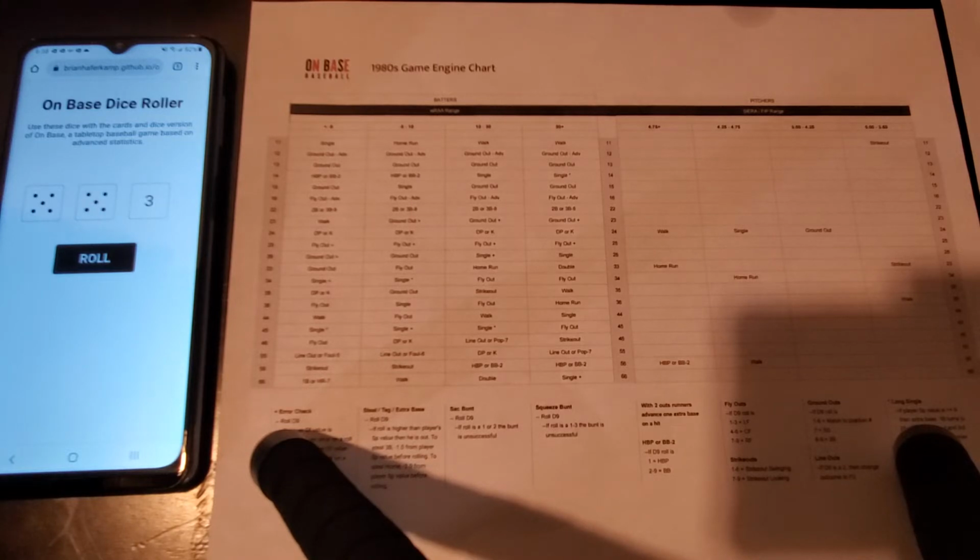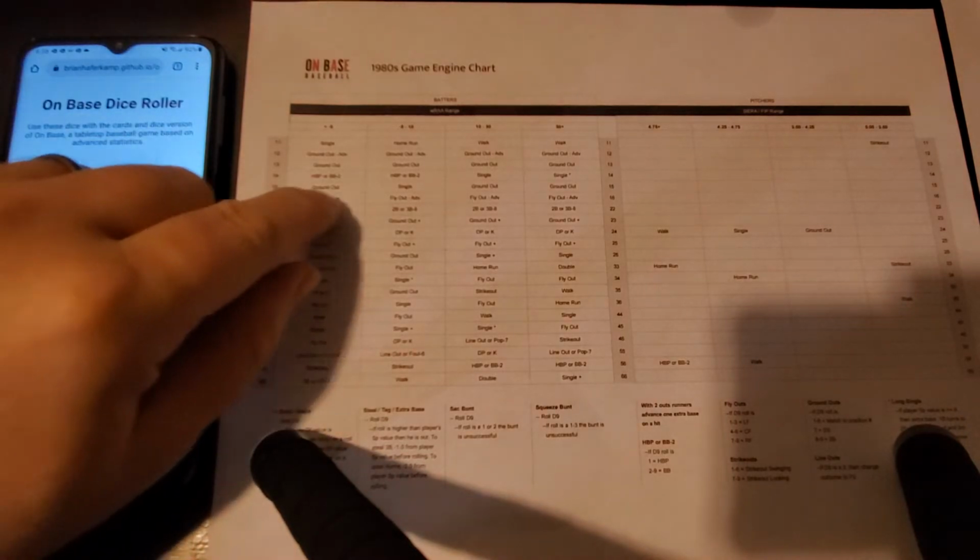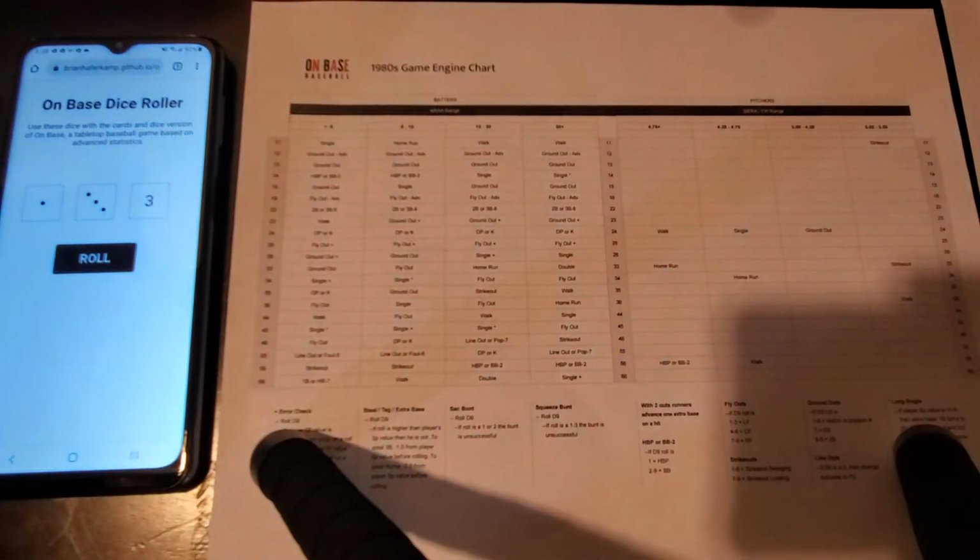So we have Tim Wallach playing third. He's a -4 batting runs. Darling is a 343 FIP, so he's pitching out of this column here. Tibbs is a 351, so he's barely into this column number 2. And so we're looking at Ron Darling. It's a 1-3. And a 1-3 to a -4 is going to be a ground out. That's a ground out to the first baseman.